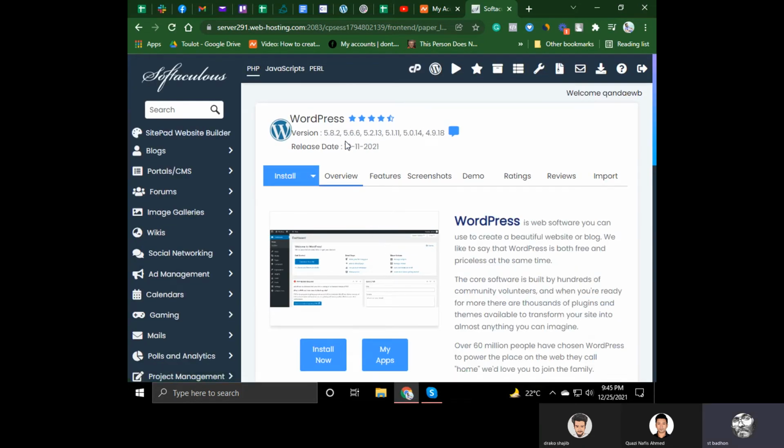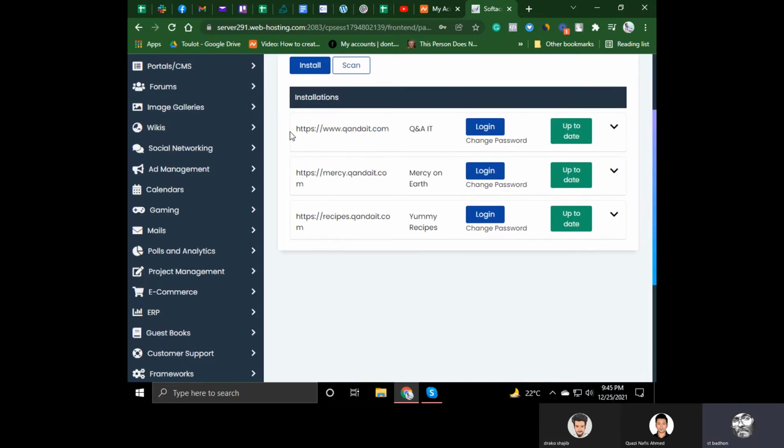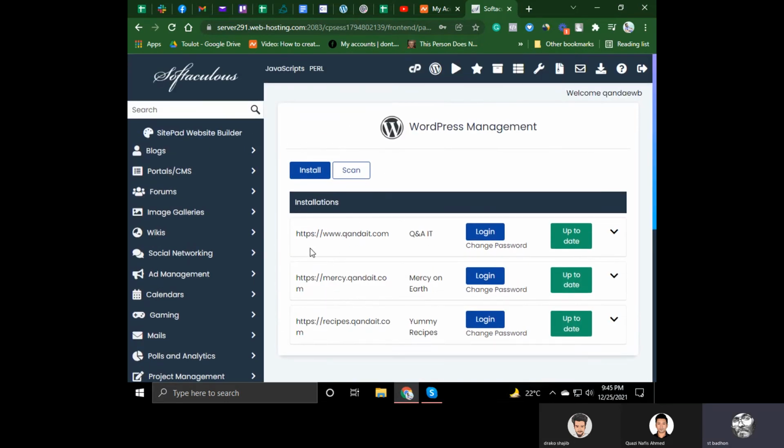Okay, now you can see that there are a couple of options on the left side and also on the top side. You can see WordPress Manager in here. Okay, you have to click here, and then if you already have some WordPress website installed in any of your domains, it will be listed here. So you can see that yummyfoods.xyz is not already here. So I'm gonna click on install,